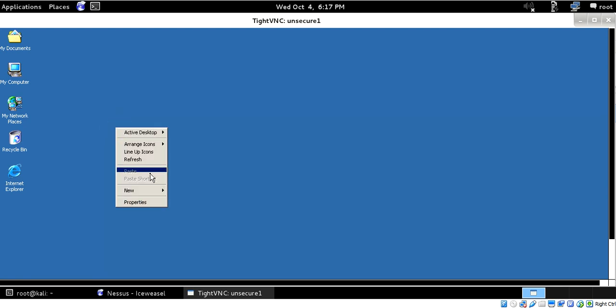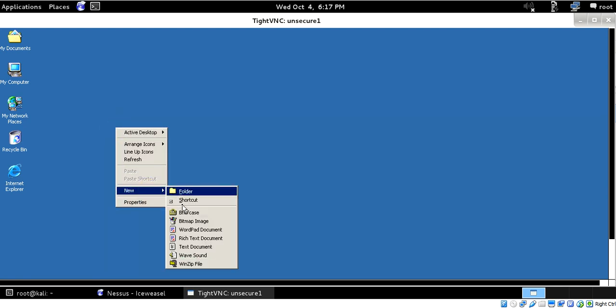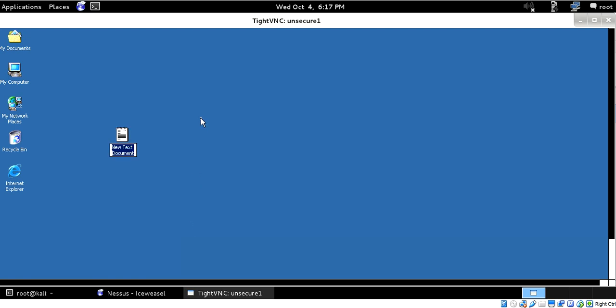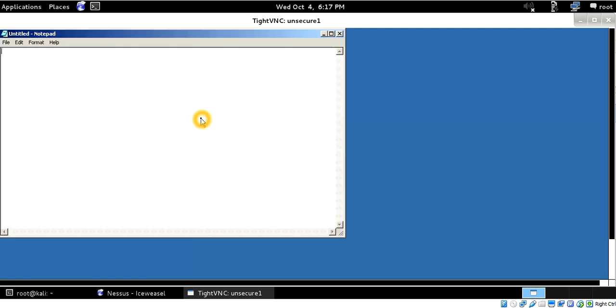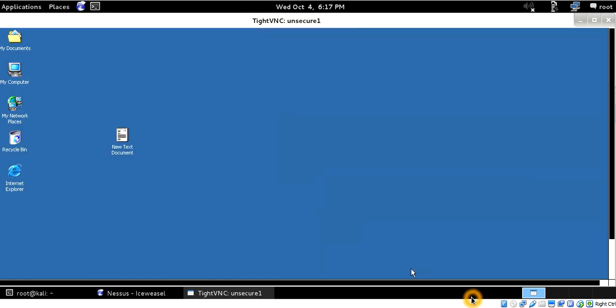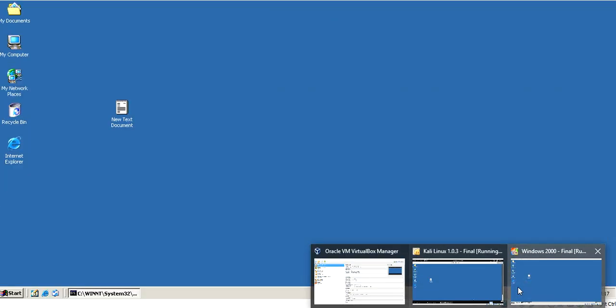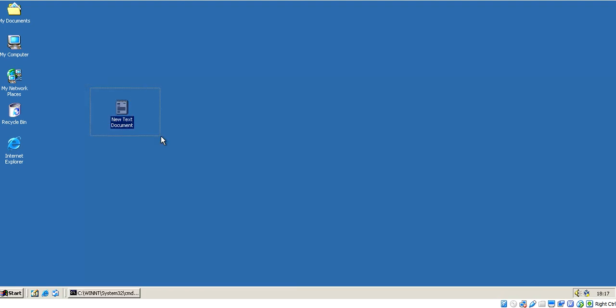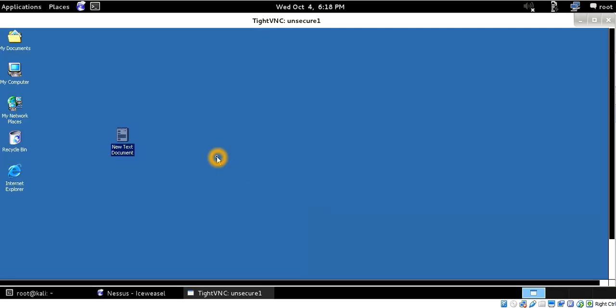So right click here and create a new file. It's a text file, and it's okay. New text document. You have hacked. I am saving this, closing it, and moving to the real Windows operating system, and you can see the file there too. So by exploiting Windows 2000 with the vulnerability I have chosen, it redirects to this way of attack,